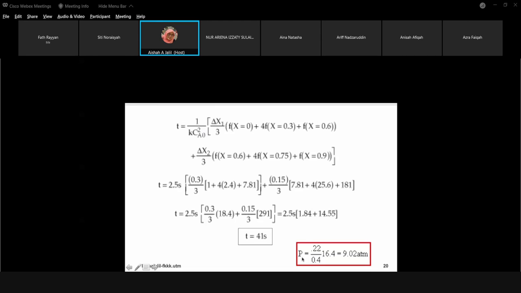You see the pressure drop. You see this is P, this is P naught. P initial is 16, and then when the reaction is complete, the P drops to 9.02. So this is the last pressure. So if the question asks you about the pressure drop, you have to calculate this one minus this one, the delta P. Okay, that is the pressure drop.